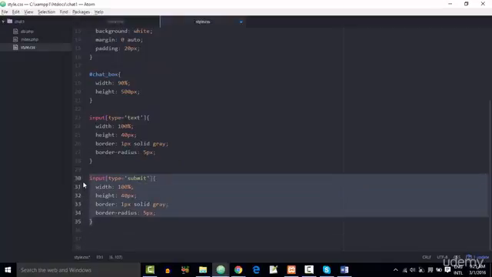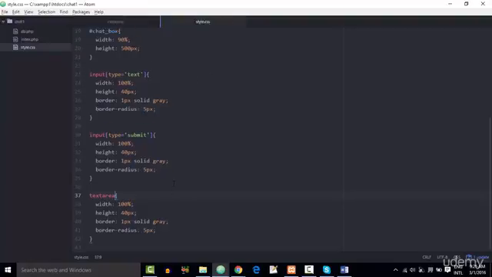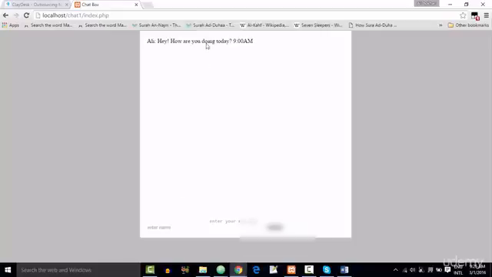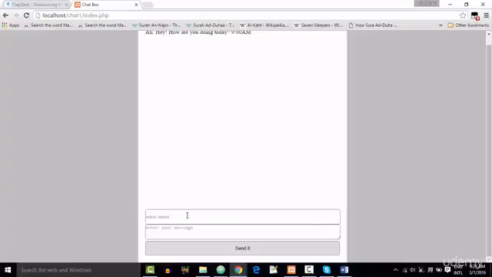So we will copy this function, paste it one more time, and get rid of this input type submit and write text area. And notice that it automatically changes color if it is present in the index.php. So let's save this, go back to our chat box, refresh this, and now you can see that we have a good looking input, which is input your name, text area, write your message, and an input which says send